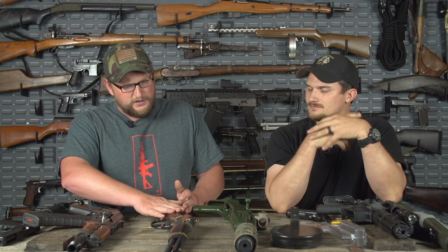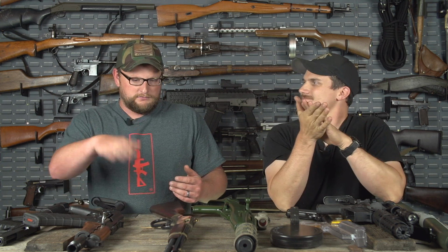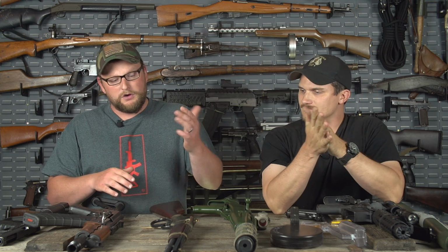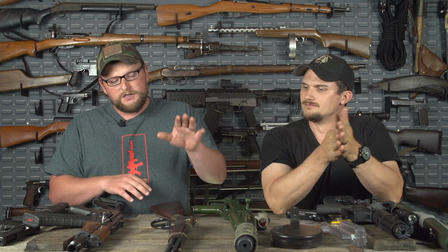I'd love to see a 500 Magnum Henry SBR like this. Just have a big heavy hitter, like, oh, guess what, Bambi? Gone. You're down. Or like hogs or something. So a little rifle like this, although fun, it's a great range toy and everything, but especially if they